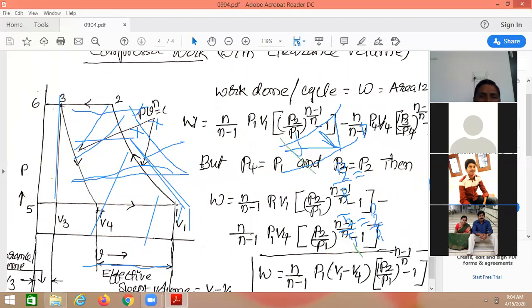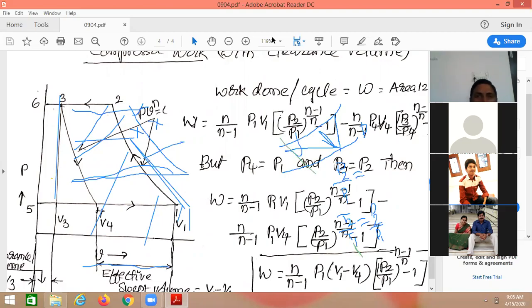As usual, the compression process is connected with polytropic compression, and polytropic expansion also in the suction stroke. So the same thing we are drawing. To get the work done with the inclusion of clearance volume means the area occupied by the cycle. What is the actual cycle now connecting? 1, 2, 3, 4. The area occupied by the 1, 2, 3, 4, 1 cycle, that we can get. How do we get this?